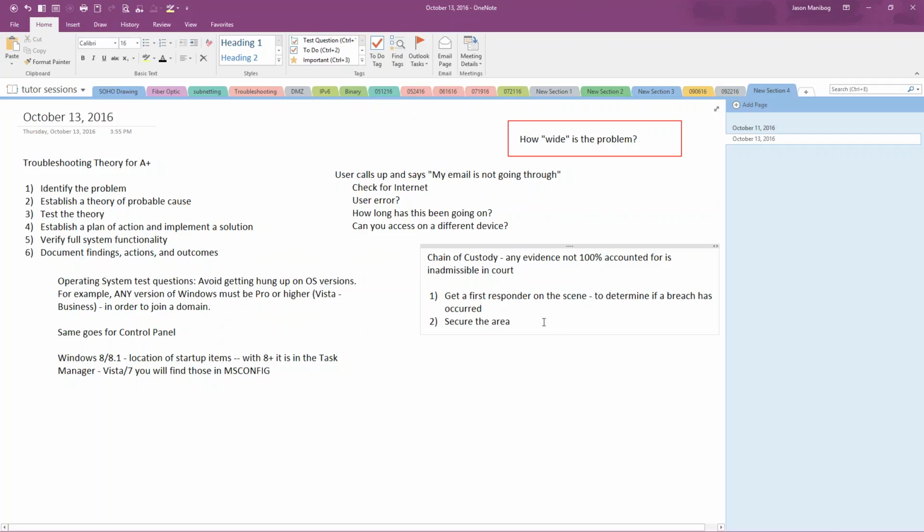Okay, so the second step is secure the area. Make sure nobody touches anything until the proper authorities get on the scene. All right? So call whoever needs to document and take action. Now, in a lot of cases, it's going to be the person or team in charge of security of the company. If it's something of a legal matter, you might have to get law enforcement involved. But the point is, nothing gets touched until those people arrive on the scene. All right? So then the third one is